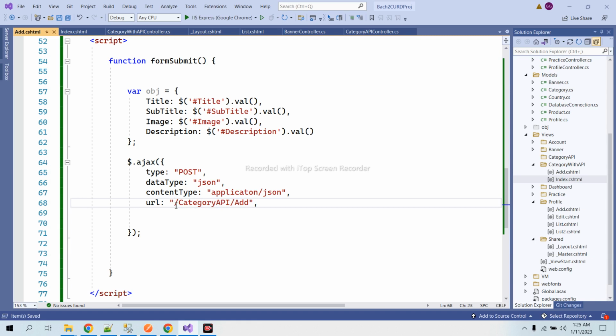That's why we can start from the slash and pass only this URL, and this is the data,